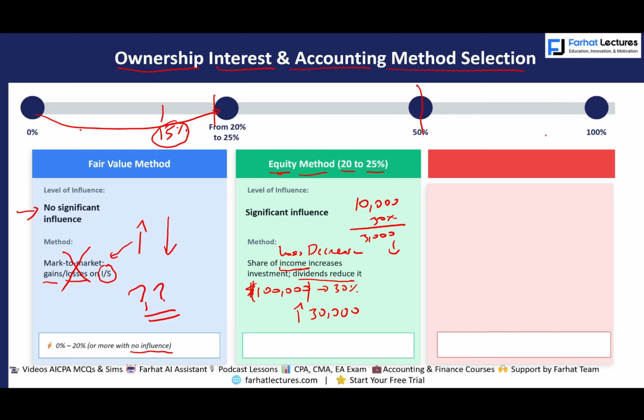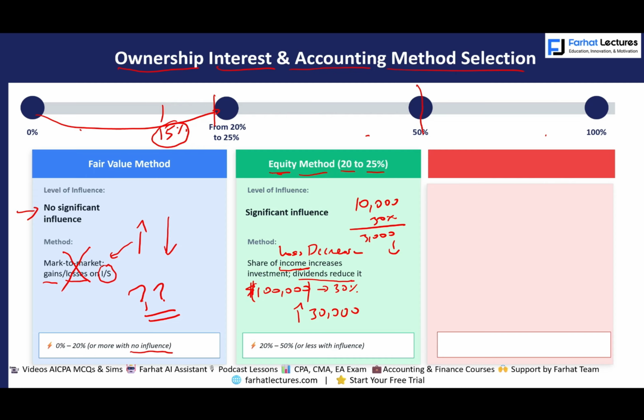All I want you to know is that if you own between 20 to 25 up to 50%, we will use the equity method. You have what's called significant influence. Now, sometimes you own that much and they may tell you that you have no influence. You have to take that into account. What would be an example of that? An exception: you own 40%, but your stocks are not voting. You cannot vote. But those are the exceptions. We're not talking about the exceptions. We're talking about the general rule. The general rule that you need to know is that between 20 to 25 up to 50, you have significant influence. You account for the investment using the equity method.